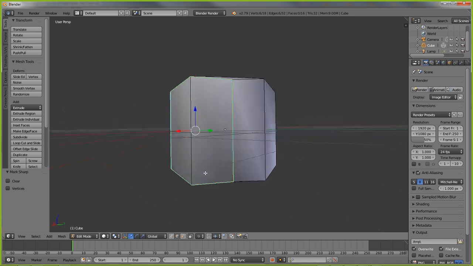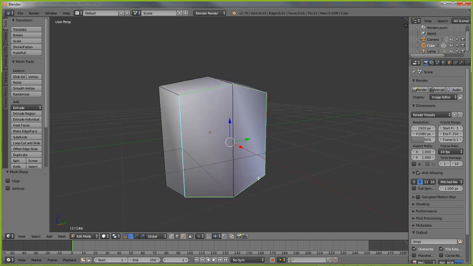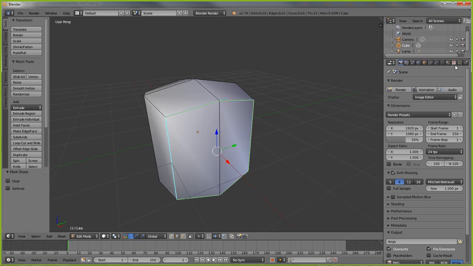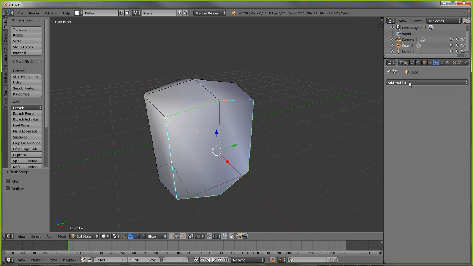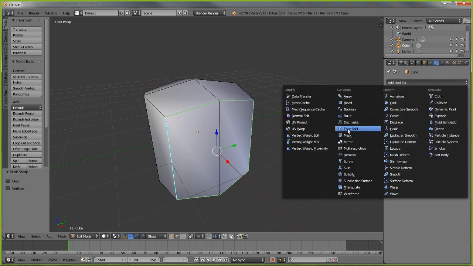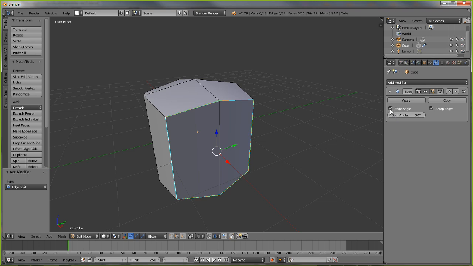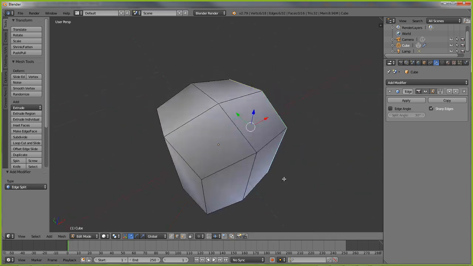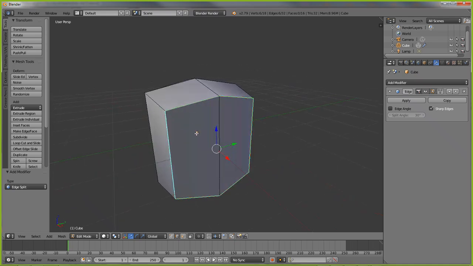So that adds a blue highlight, which tells us that that edge will be marked sharp and will appear as a very hard edge. And we control that, or we activate that with an edge split modifier. And what that does, you can either set it by angle or sharp edges. So if you want greater control, just sharp edges. So disable edge angle, and as we can see, most of the mesh looks all mushy, whereas this front face looks quite sharp. But